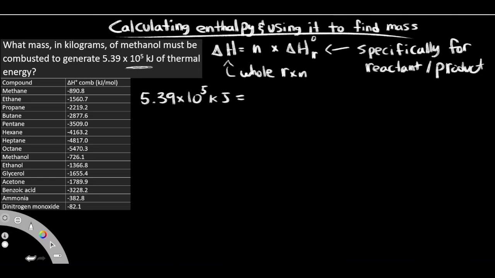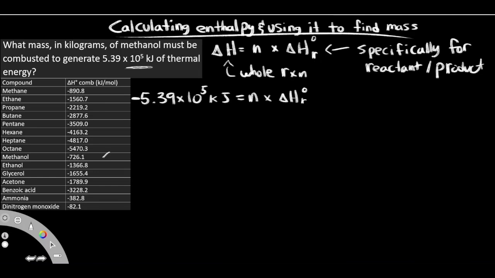I also want you to remember that because this is combustion, it is an exothermic reaction, it has to be a negative value, because this is how much is being released, not being absorbed. It's being released. And again, this is going to be multiplying by our delta H R naught. What value is this one going to be? Well, if you have a look over here